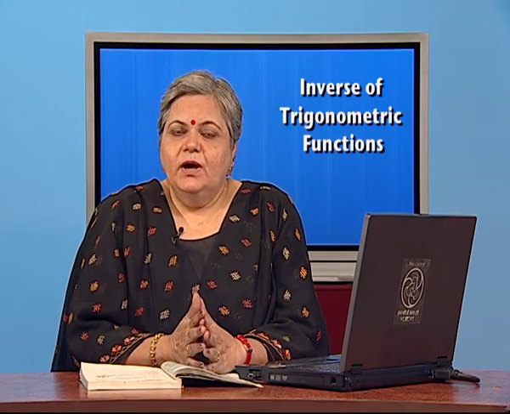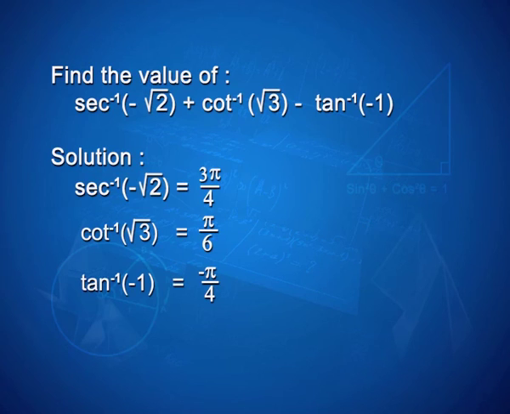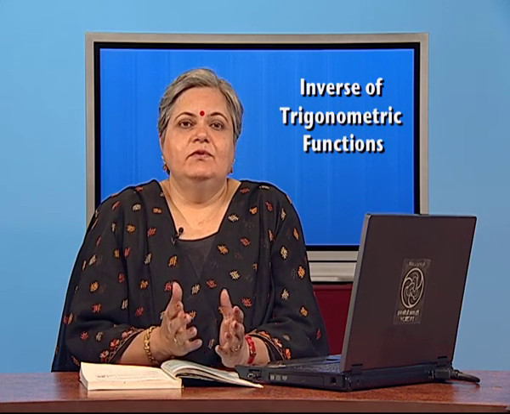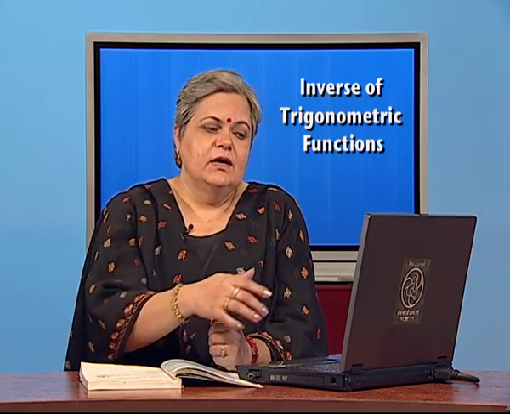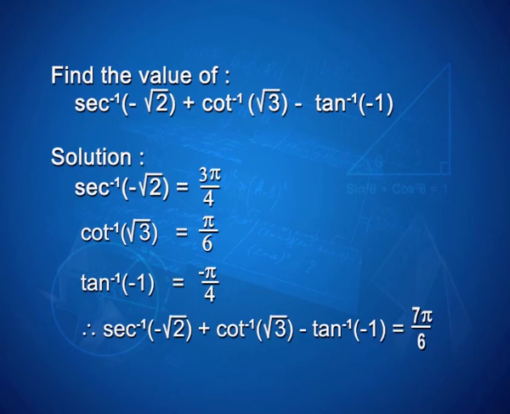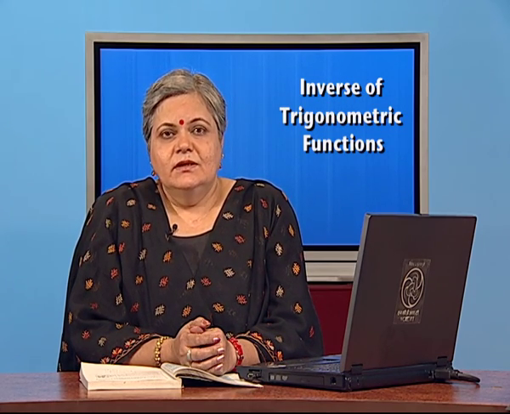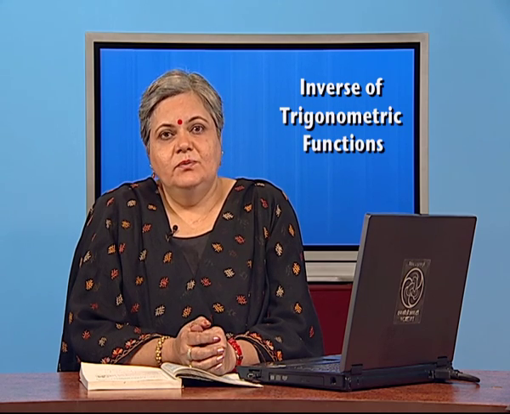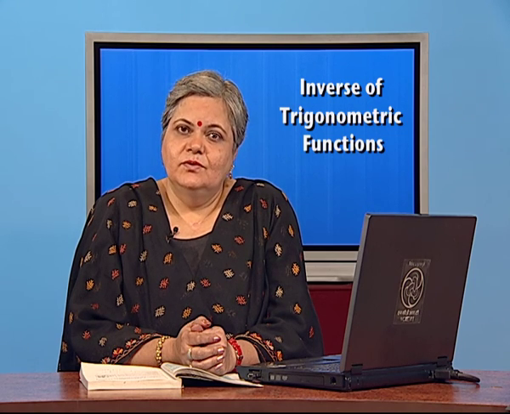For tan inverse of minus 1, the principal value branch has the range as open interval minus pi by 2 to pi by 2. So, obviously, the angle will be minus pi by 4, and therefore, we have the value of all the 3 terms, and so we are ready to evaluate the expression, and it all adds up to be pi by 6. I hope with this question and the rest of the explanation, the concept of the principal value branch of inverse trigonometric functions is now clear to all of you.